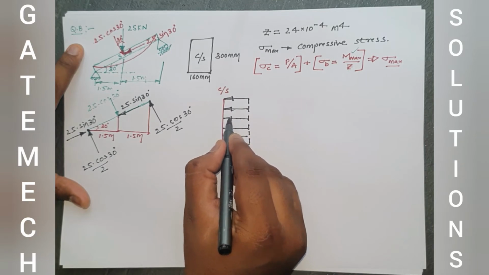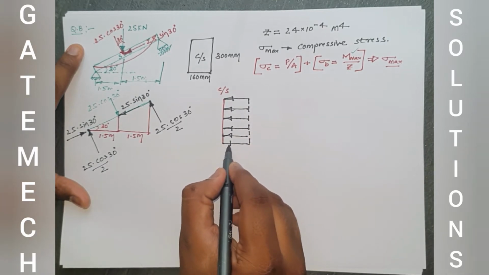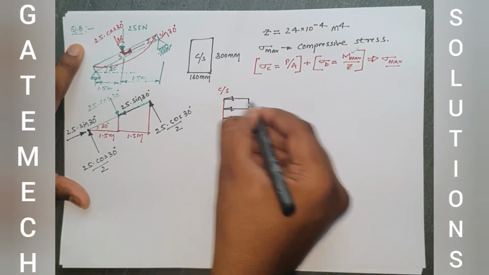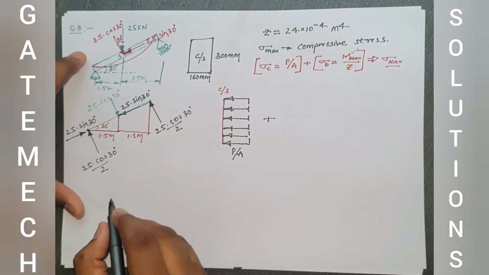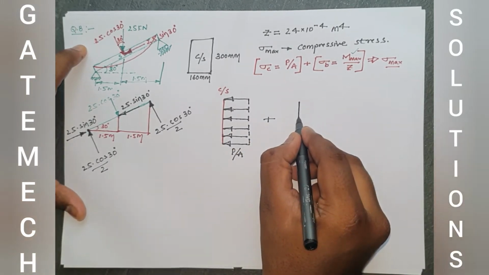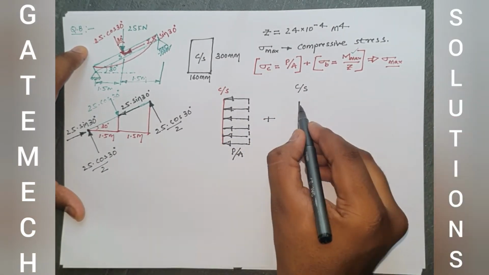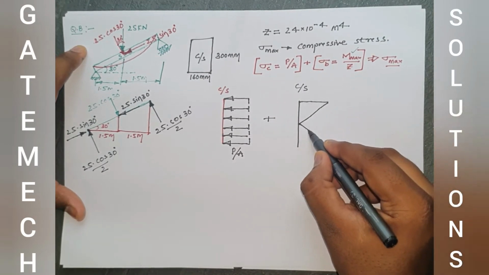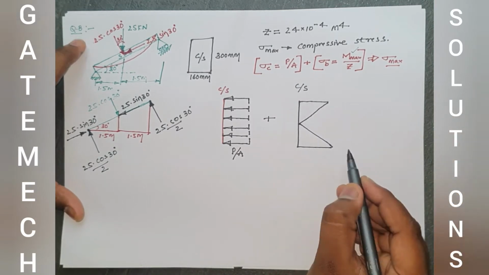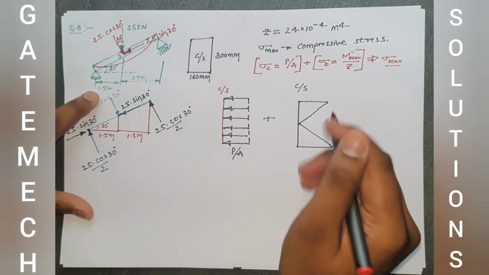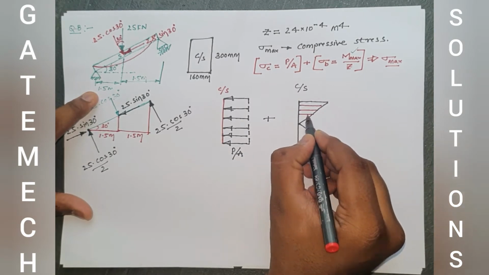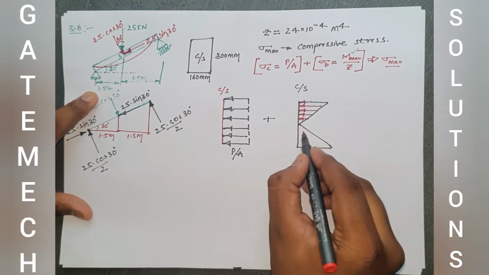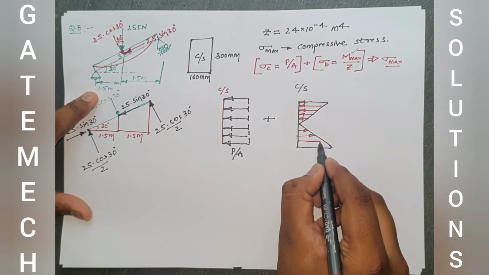This is the stress distribution diagram, we can call it. Because of the axial compressive load, the stress distribution diagram seems to be like this. The cross section is subjected to a compressive stress in this manner. Now, if you look at it from the front view, the cross section seems to be a line, we already know. Now, the top fibers are subjected to compression, whereas the bottom fibers are subjected to tension because of bending. So this is the bending stress distribution with respect to the particular cross section. The top fibers are subjected to compression. Compression means towards the plane, whereas tension means away from the plane.